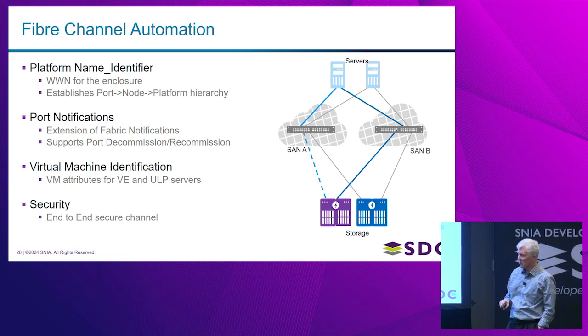Then finally, security. Mark touched quite a bit on that in his presentation, but effectively Fibre Channel is providing an end-to-end secure channel mechanism that allows the endpoints to automatically negotiate the authentication as well as the encryption characteristics between them, without having to deploy a third-party tool in the environment. I see this as an opportunity for Fibre Channel to make security pretty much plug and play. Hopefully that plays well with enterprise customers who are going to be faced with a lot of the governmental requirements coming up in the next 5 years.